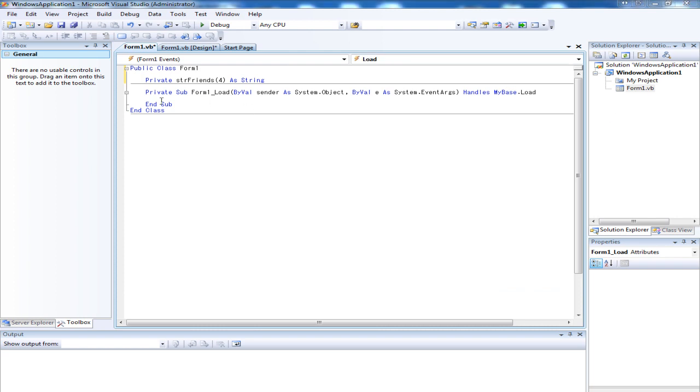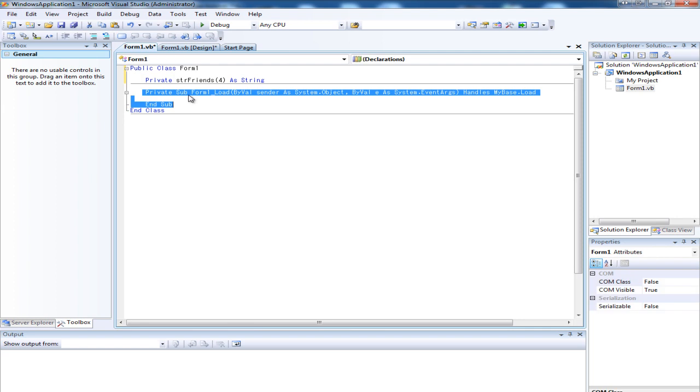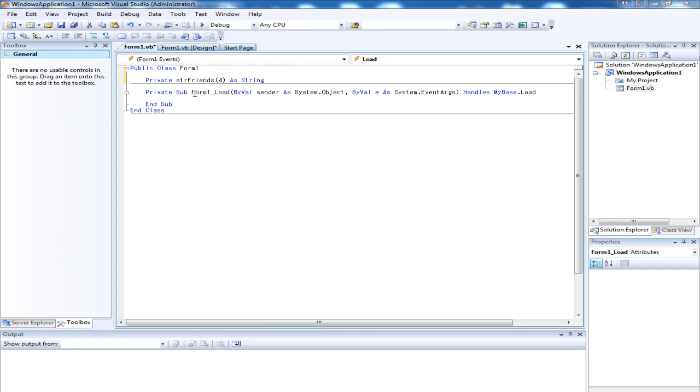And when you do that, then you should have a new event available, the form1 load event. So before we had a button click event, but now we also have a form1 load event. And what this means is as soon as the form is loaded, as soon as you see the form, this event will be run